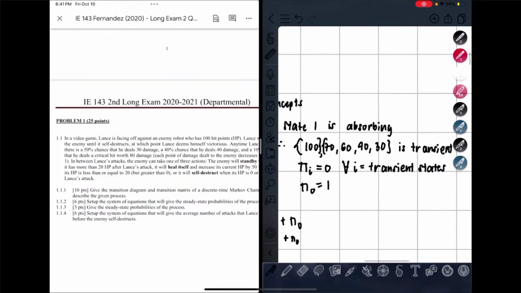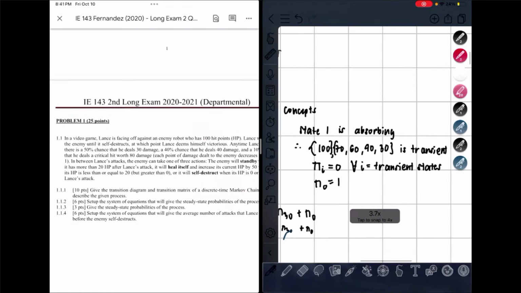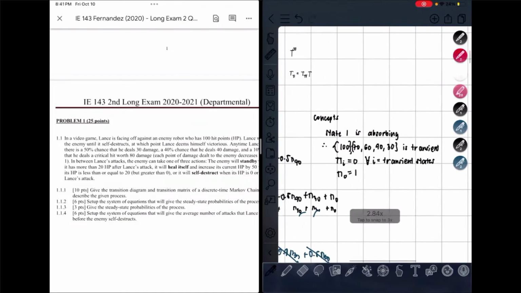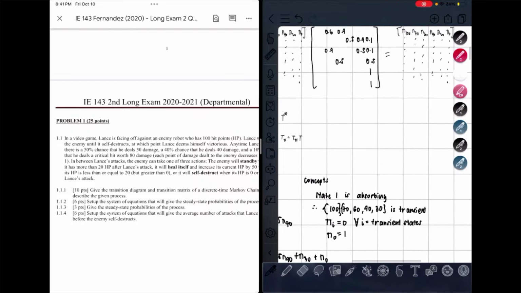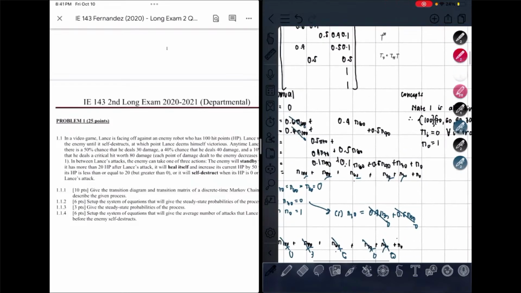All transient states just have a steady state probability of 0, and then the sole absorbing state has a probability of 1. So that's just how you solve it using concepts. So yeah, much faster, right? Because these are all just known, these are intrinsic properties of Markov chains. So yeah, that's for